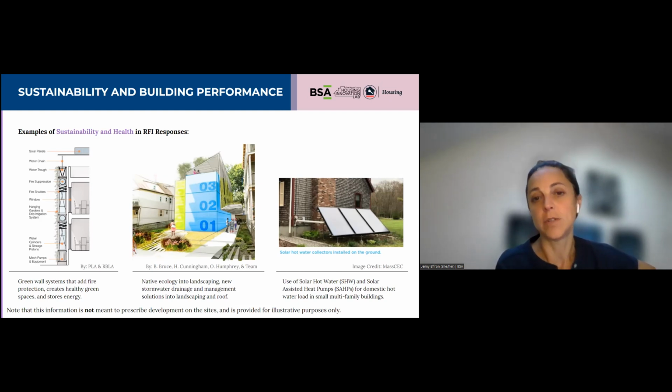This image comes from the use of solar hot water and solar assisted heat pumps that could be in a small multifamily building. So thinking of ways that not only provide greener ways to provide energy, but also cost savings. So really everything interconnecting all of these ideas of sharing, affordability, living together.